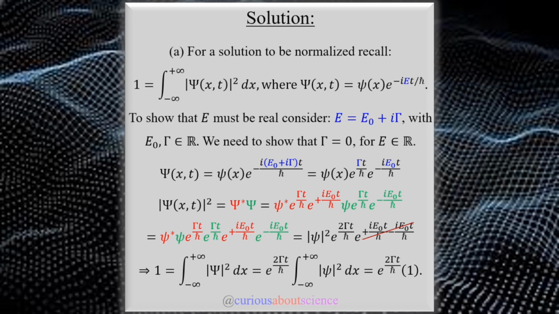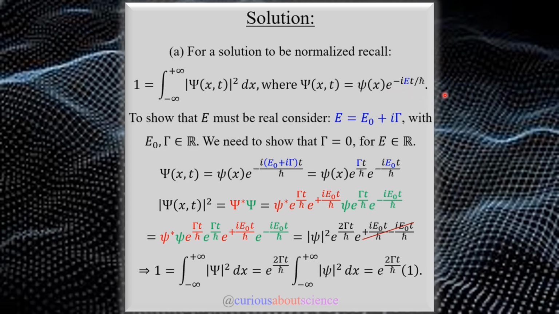Alright, so for part A real quick, let's note that to be normalized, as the statement of the theorem told us, we need to have the infinite integral of the probability density equal 1, which is stated here. However, since we're dealing with separable solutions, we know that capital Psi, which is a function of x and t, is a product of lowercase psi, which is just a function of position, times this exponential, which is the function of time. And here we see that the exponential is e to the negative iEt over h bar.